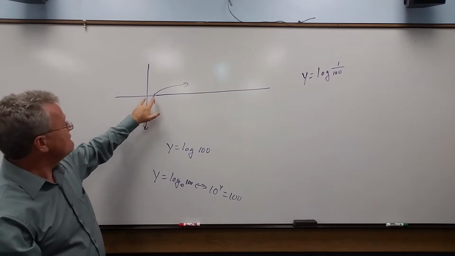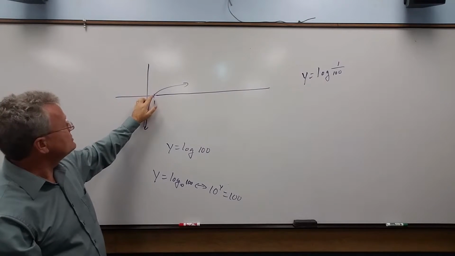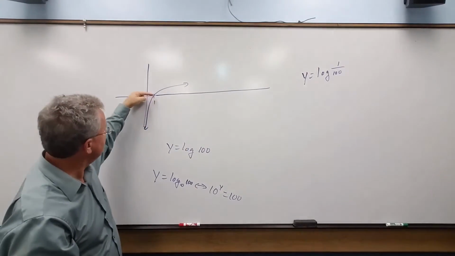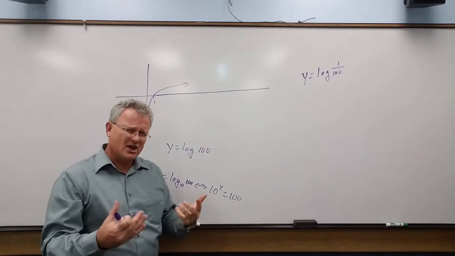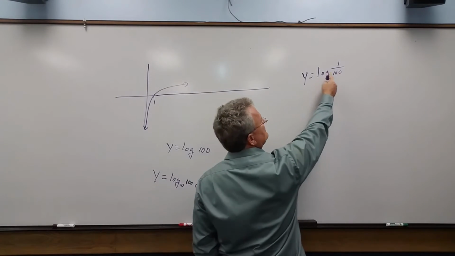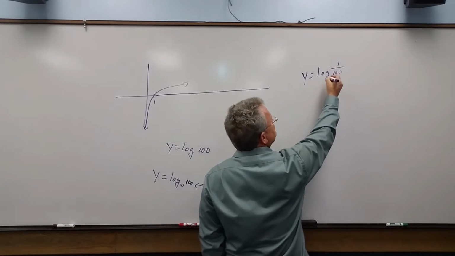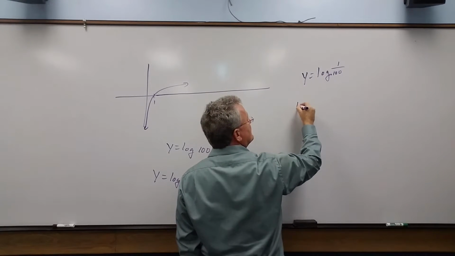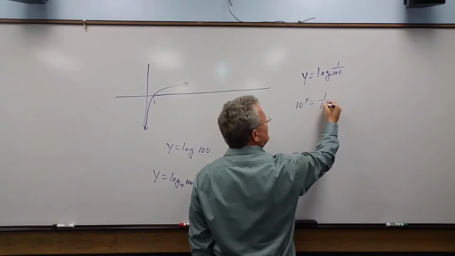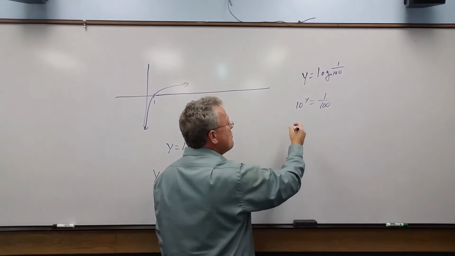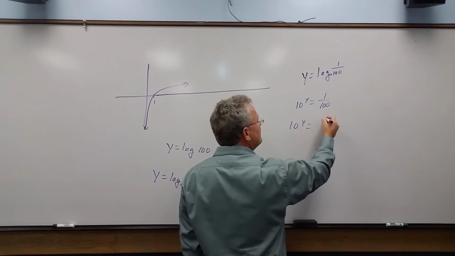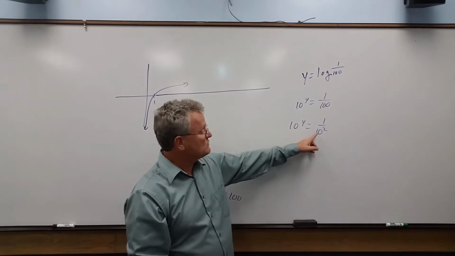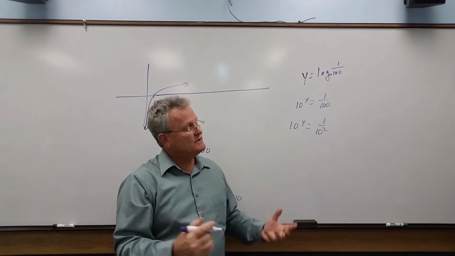Back to what I was saying before. I like to drive home the fact that the log of a fraction between 0 and 1 is going to be a negative number because our graph is under the x-axis. Why does it work that way? Well, let's look at 1 over 100. Again, this is base 10. So using the definition, this is the same as 10 raised to what power equals 1 over 100. Well, when we have 1 over some number, 100 in this case is 10 squared, by the rules of exponents, this is going to be 10 raised to a negative number,